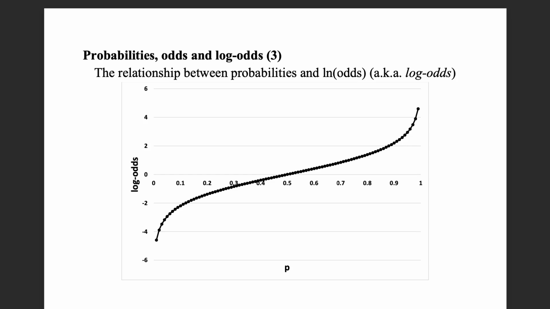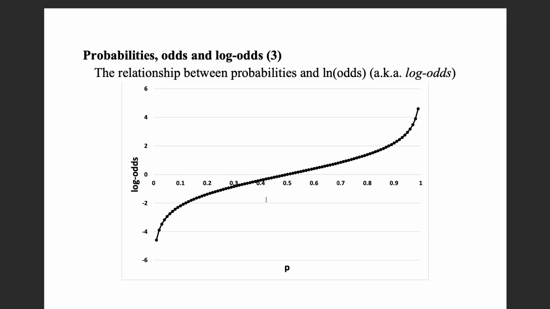And again, here I made a nice little Excel graph where I put the probability on the x-axis and the corresponding log odds that belong to that probability on the y-axis. So log odds are basically a double transformation of the probability. First, we transform it from a probability into the odds, and then we transform those odds into the log odds by taking the natural logarithm of those odds. And if we look at the corresponding relationship between the original probability value and the corresponding value of the log odds, we get this kind of snaky